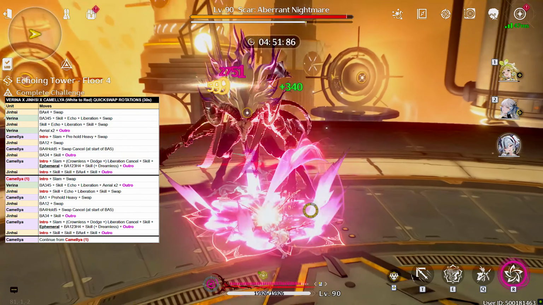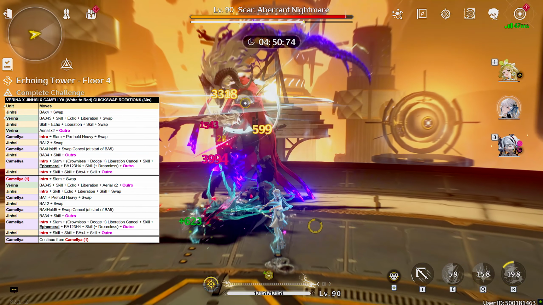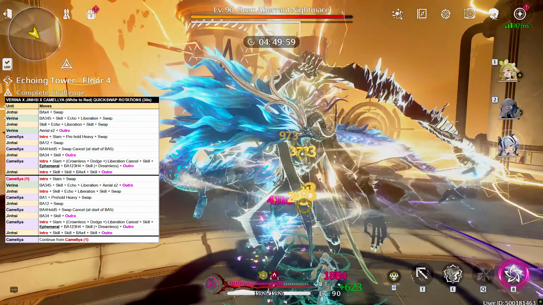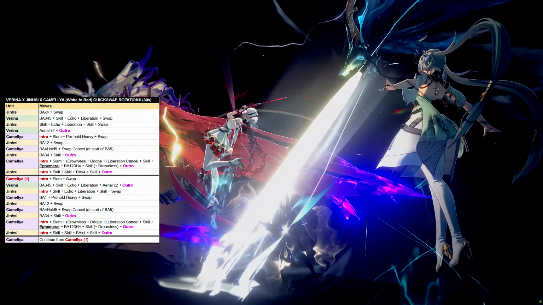You will slam down and heavy pruning, immediately swap to Jinhsi and do Incarnation basic 1 and 2 optionally the start of 3. Then swap back to Camellya to continue her aerial basic 4 hold 5 chain. As she starts the slam, swap back to Jinhsi and complete the final Incarnation basic 4 and immediately cast her